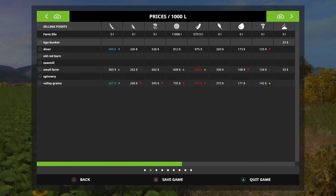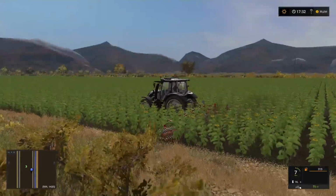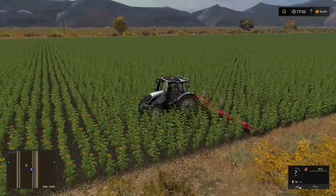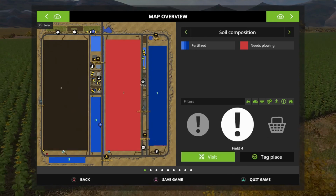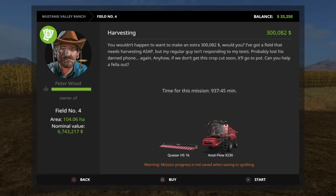So, right. As you can see, we are fertilising away, which means everything has grown. You can see we have yellow corn on that field over there. So let's jump over to there. Field 5, there we go. And let's take on the job. So that's offering the